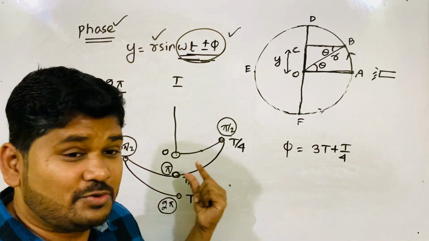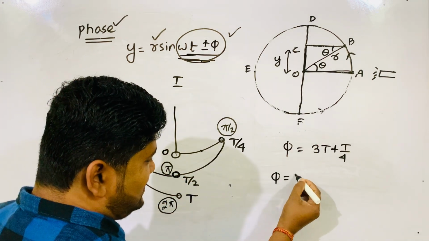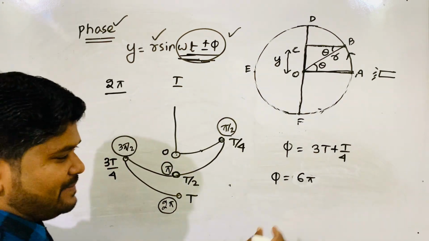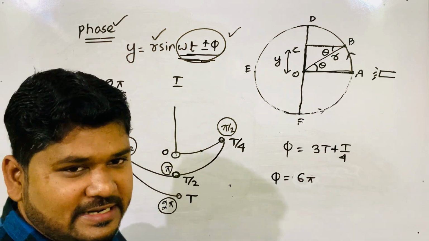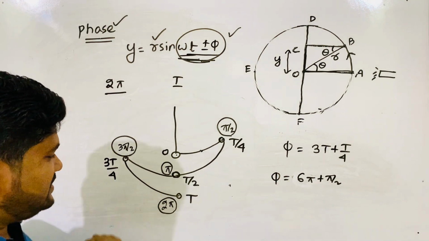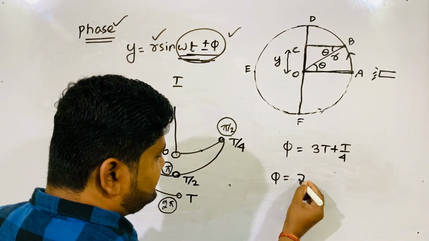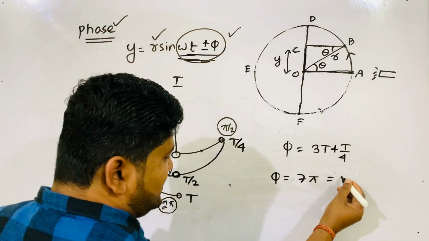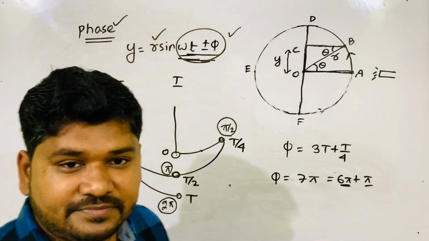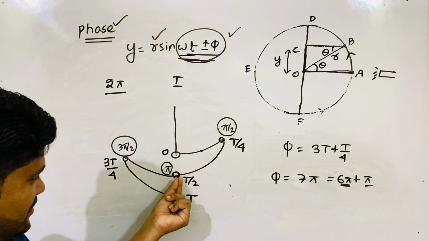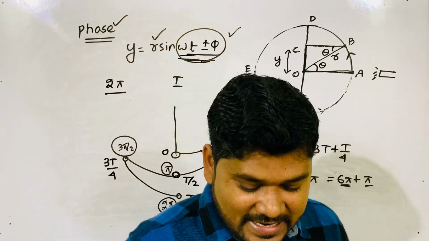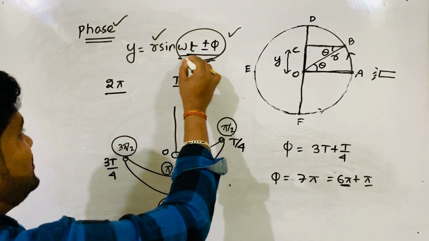You can also write it in terms of 2 pi. Phase is equal to what? I'll tell 6 pi. 6 pi divided by 2 pi means 3 oscillations completed. Then 6 pi plus pi by 2 means this position. Suppose I tell 6 pi plus pi, that is 7 pi. 3 oscillations completed, then the body is at the mean position, and as it covers pi, the body will go there. No problem. So this is phase, and in this equation, this term is the phase.